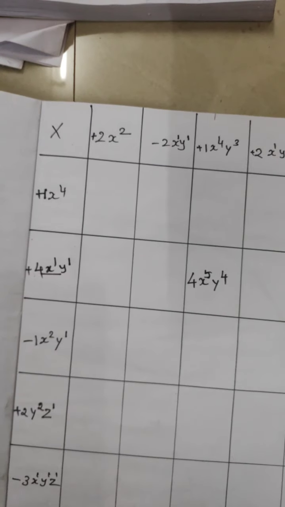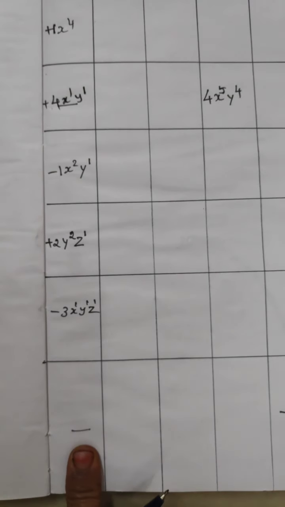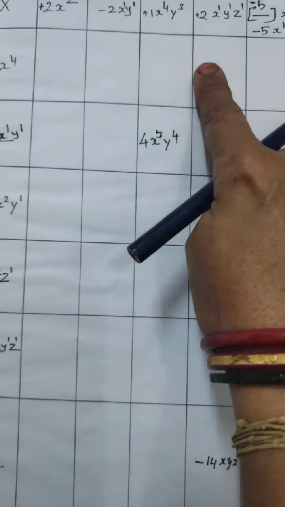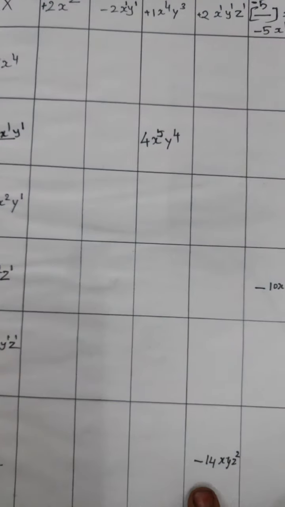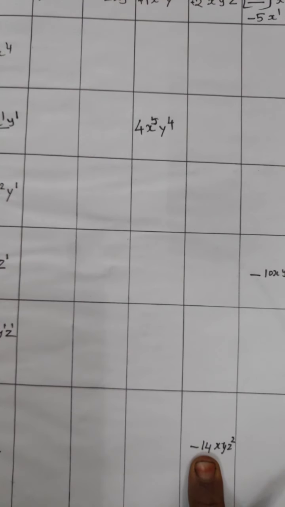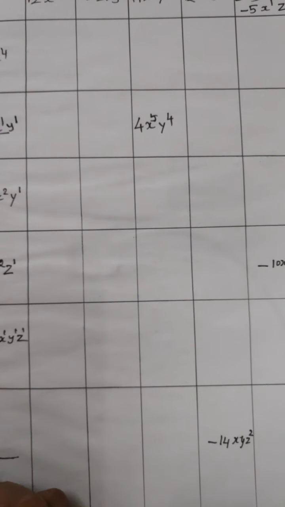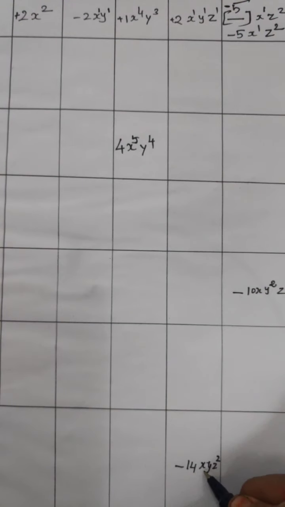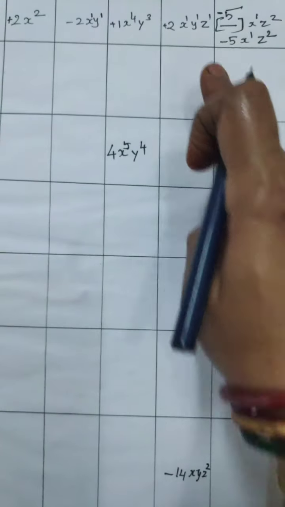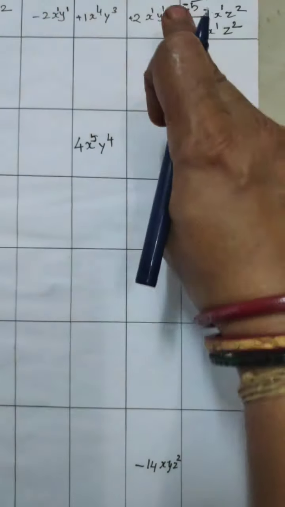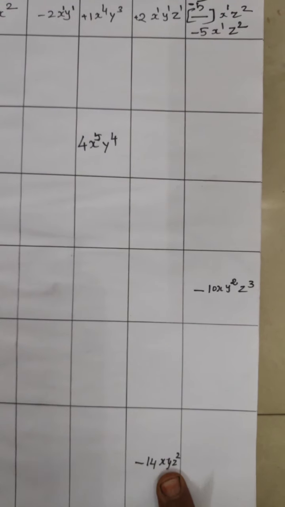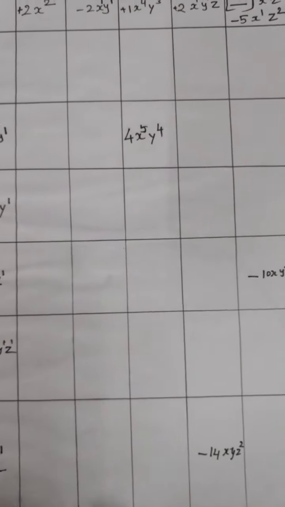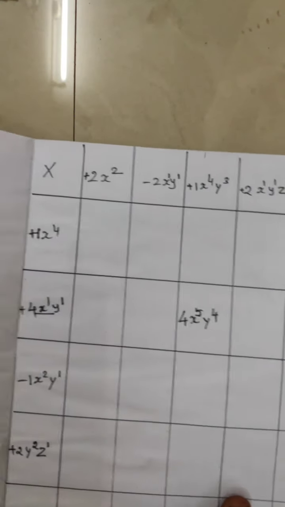Next, last step, the dash. Here the number is minus 14. Up you see, straightly there is 2. 2 multiplied by which number gives 14? Minus 7. So in this dash you write minus 7. First work is over. X power 1, here also x power is 1. Y value 1, here also y value 1. Here z value is 1, here z value is 2, so one more z you need. So write z power 1. Now all the dashes are complete, after that you multiply the numbers.